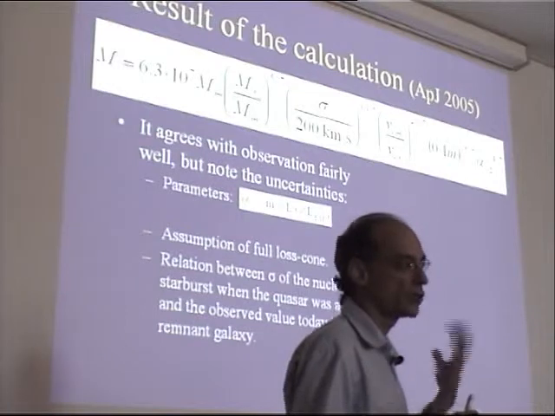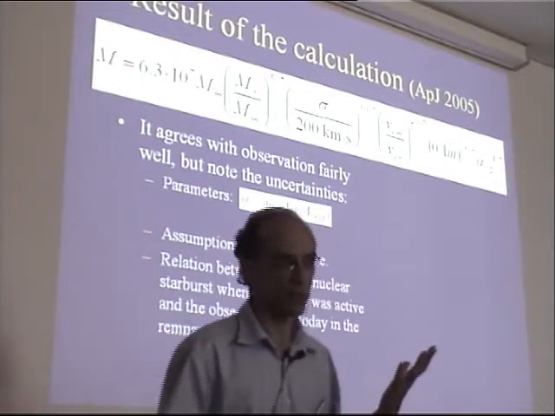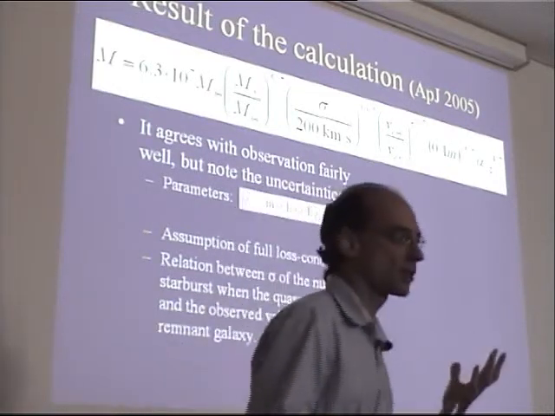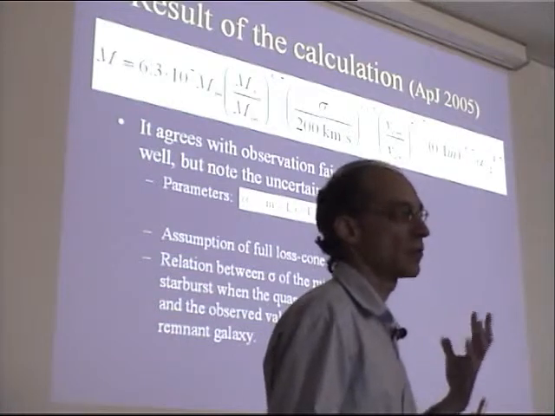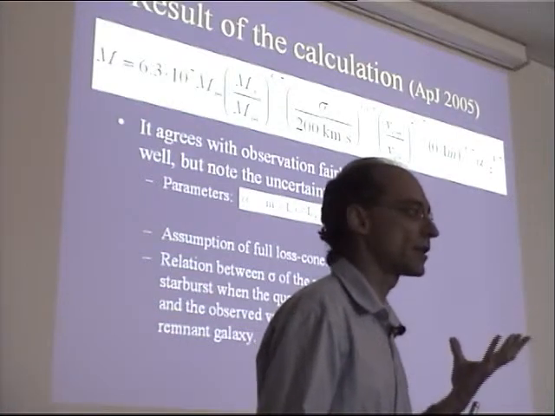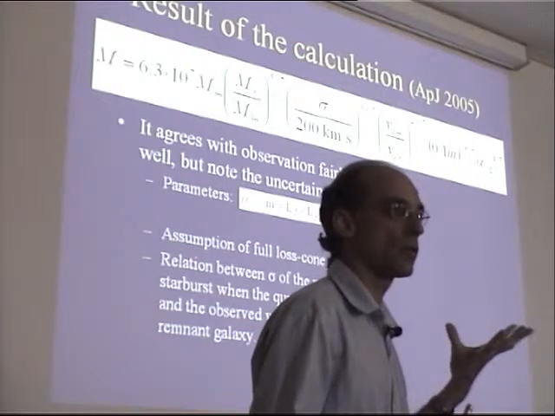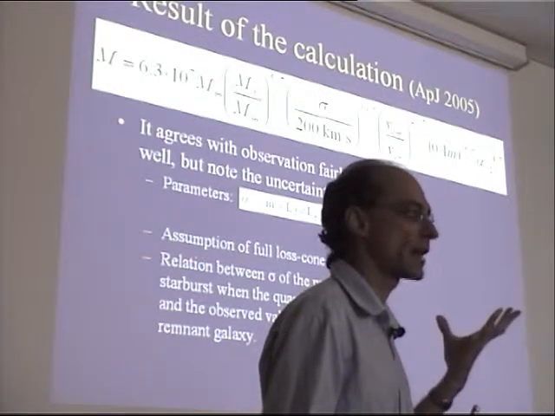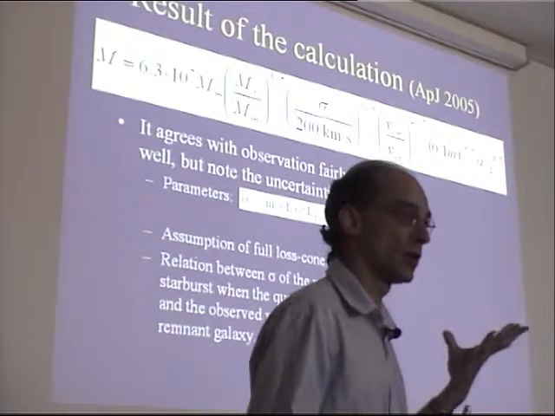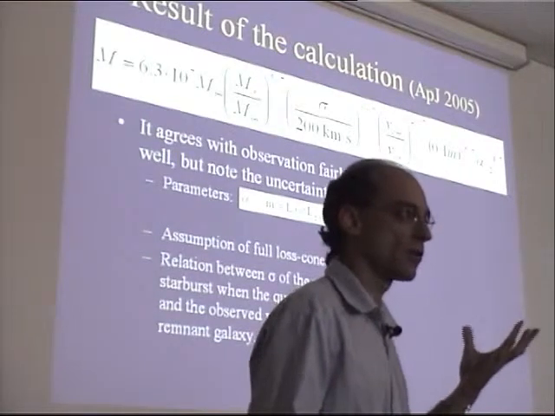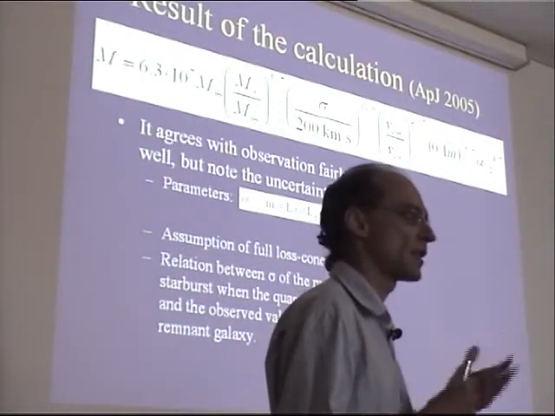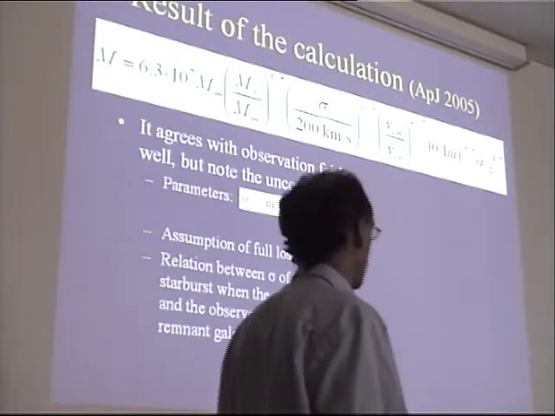And if you put in two-body relaxation and assume there was nothing else, this is not actually quite enough. So the relaxation time will be too long and stars will not be captured. And this is especially true for massive nuclear black holes. If the mass is as high as 10 to the 8 solar masses, then of course the relaxation times get longer, right, with the mass of the black hole. And so you have to assume that there's some other process that increases the rate of orbital relaxation.